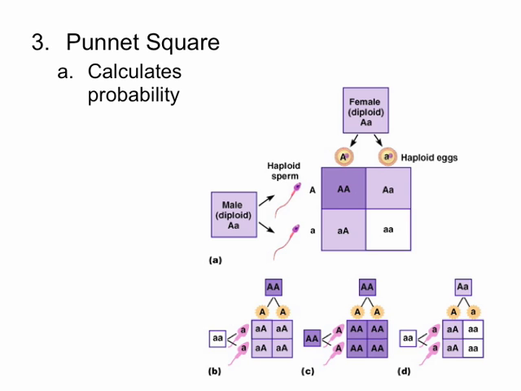Looking at the male now, we do the same thing, only we bring them across the Punnett square. So if the large A in the sperm gets moved over into the square that's dark purple, we've got a large A given from the man, and then again moving that over into the box to the right of it, we've got a large A as well. Then we would do the same thing for the sperm that has the small a in it. We would simply bring it over to the right into each of the respective two squares. That's going to tell us now, when male and female join together, what the chances are that an individual would have